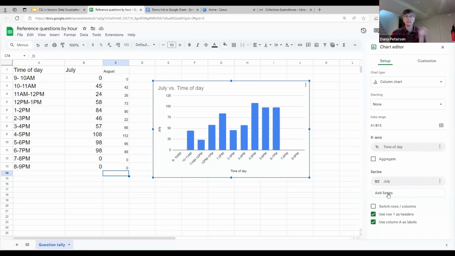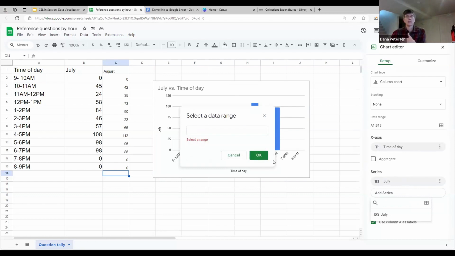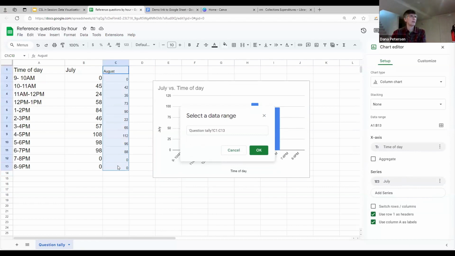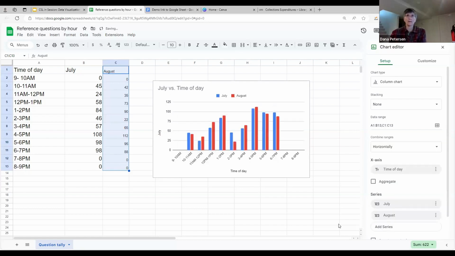I could delete and recreate the whole chart. Oh, but if I do that, it will not be on the other sheet anymore. So I'm going to add the series. I'm going to use this handy dandy thing here where I get to select the data range. I don't need to type A1 colon blah, blah, blah. You can just highlight and go. Notice that I included the header. That's important. It needs to know what is this new data that you're giving me. And I click OK, and shabam, I've got my data in the chart. Super simple.